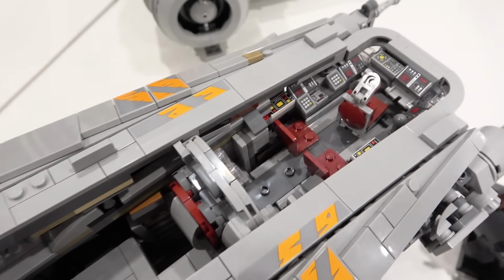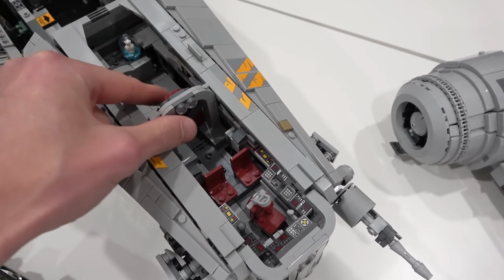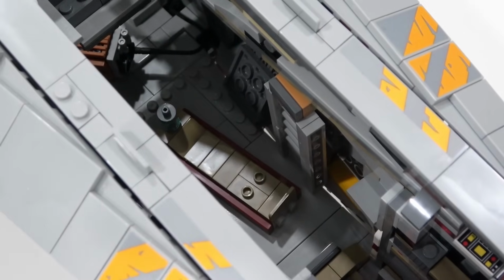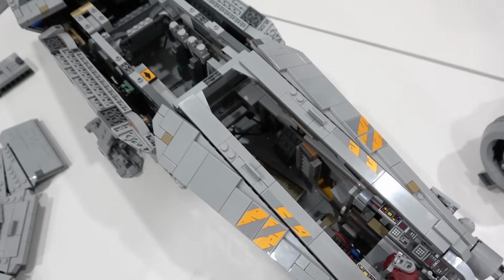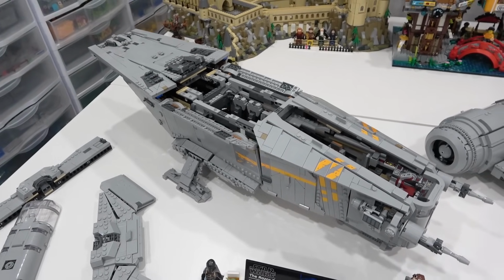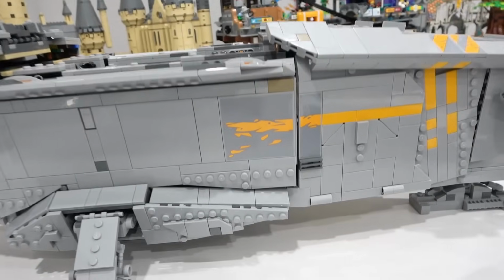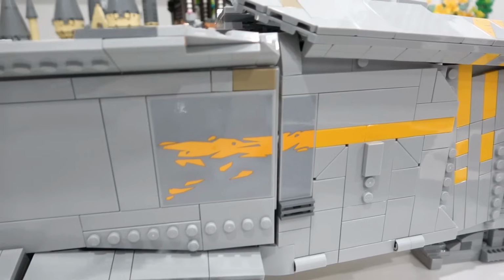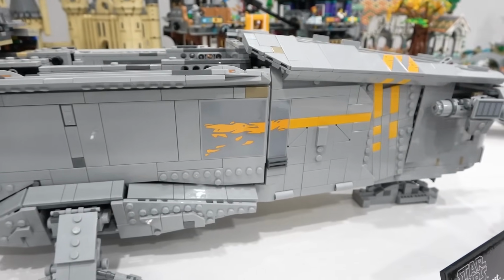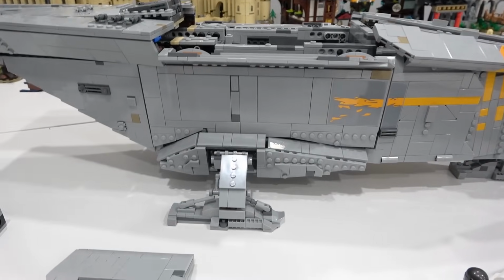and also a very detailed cockpit there. And the back section of the cockpit or cabin can also be removed to reveal some more interior details within the ship. So it's just so cool how you can access the interior and how this massive build breaks down into different sections. I absolutely despise the stickers on the side because they are literally a different color than the LEGO and honestly just don't look very good at all. I almost feel like peeling mine off, not that I'm going to do that,